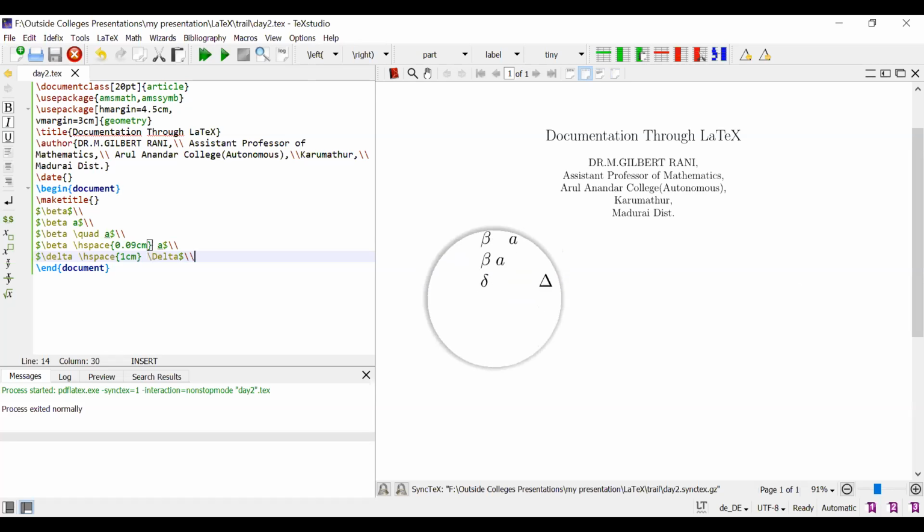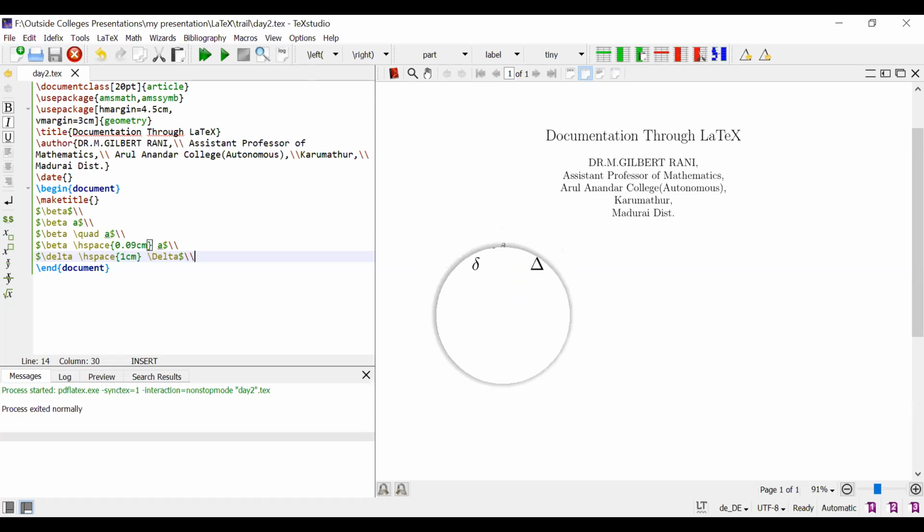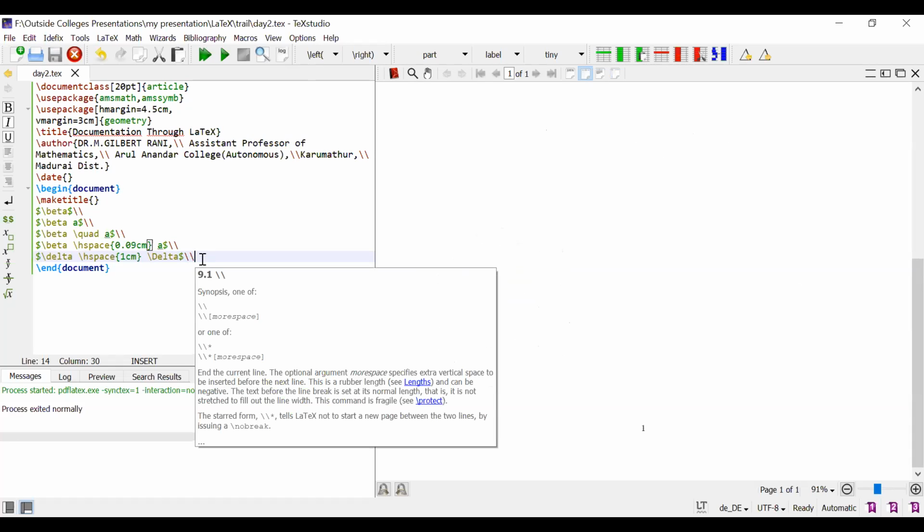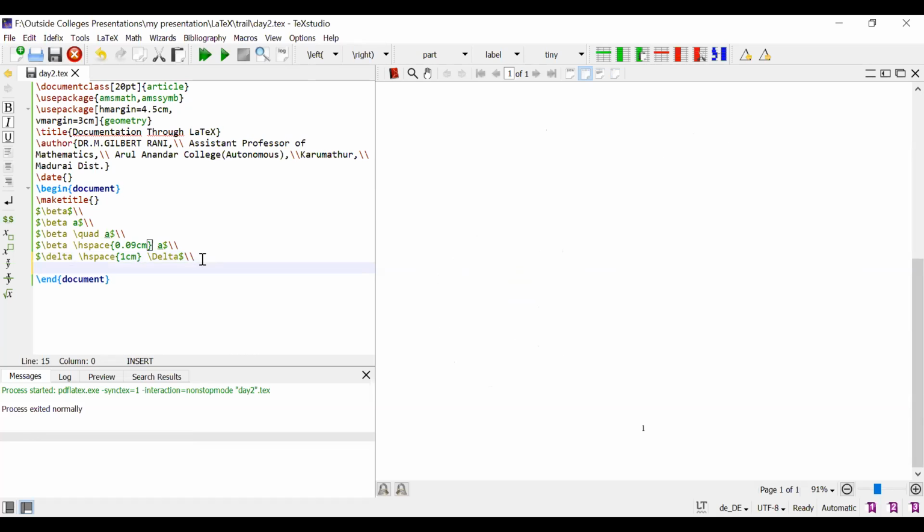See this? This is small delta and this is capital delta. Next, I want to type one more Greek letter, that is lambda.